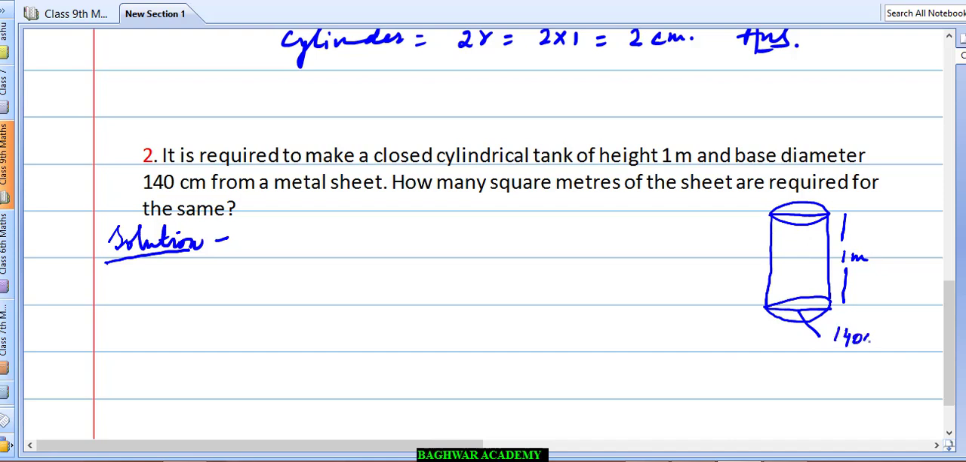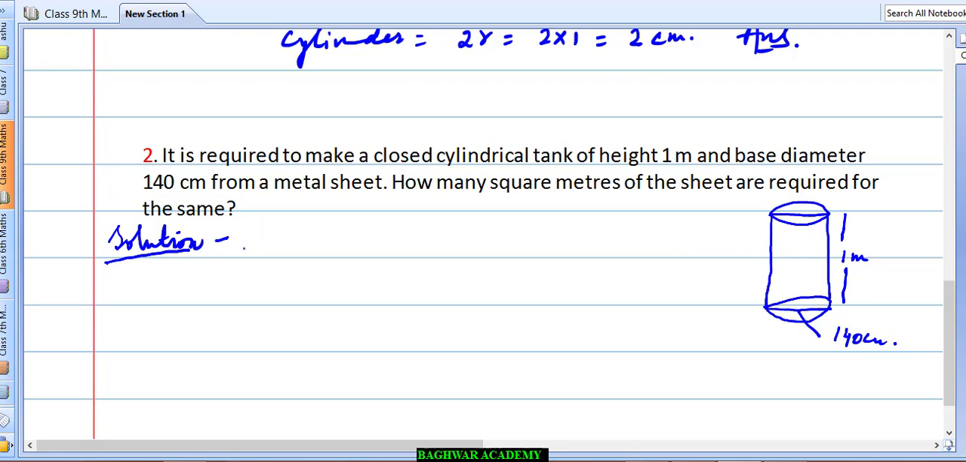Just see, the height has been given in meter, and the base has been given in centimeter. So either you change centimeter into meter or meter into centimeter, as you wish. How many square meters of the sheet are required for the same? It means you need to find out the total surface area of the cylinder. So here we will write,